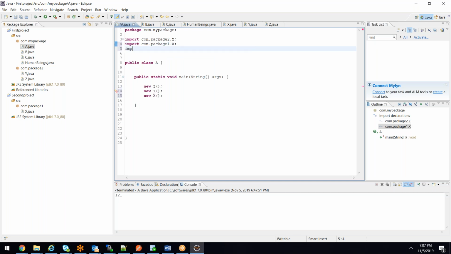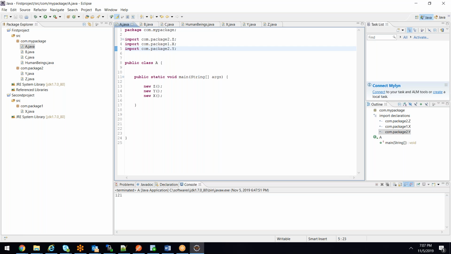And I have to import com.package2.Y, correct? So I have to import those classes. Now there are no unused imports, correct? But still I can organize the imports.